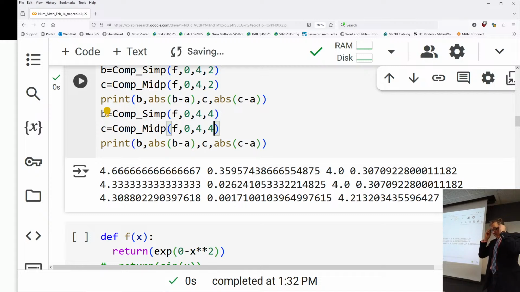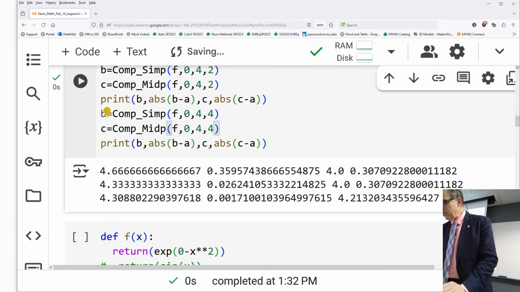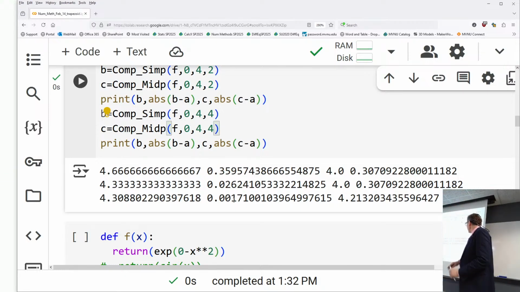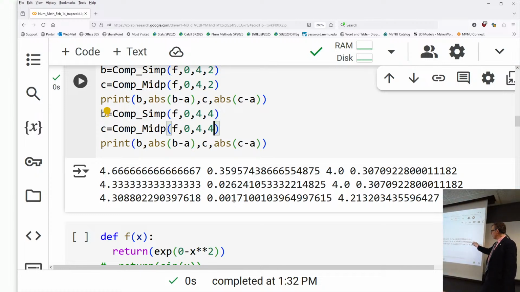So here's what we can say though, is that when you double the number of midpoints, it looks like we've gone from 0.3 to 0.09, which is you've reduced by about a factor of 1/3, would you say? So about 1/3. Whereas here, when you double the number of Simpson's rule, we've gone with a factor of, let's see,